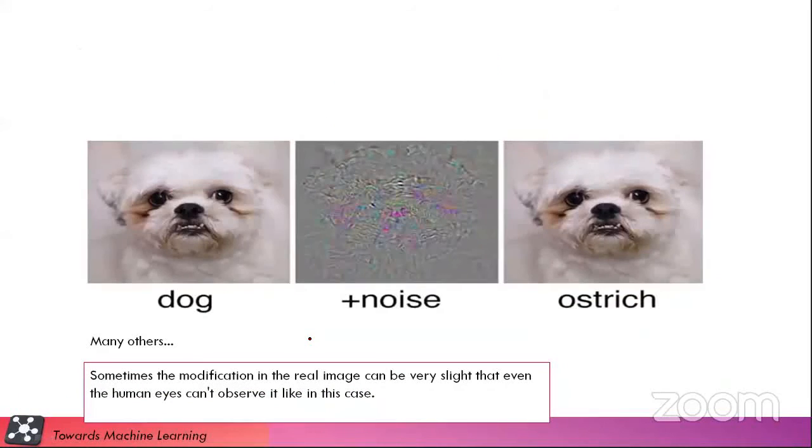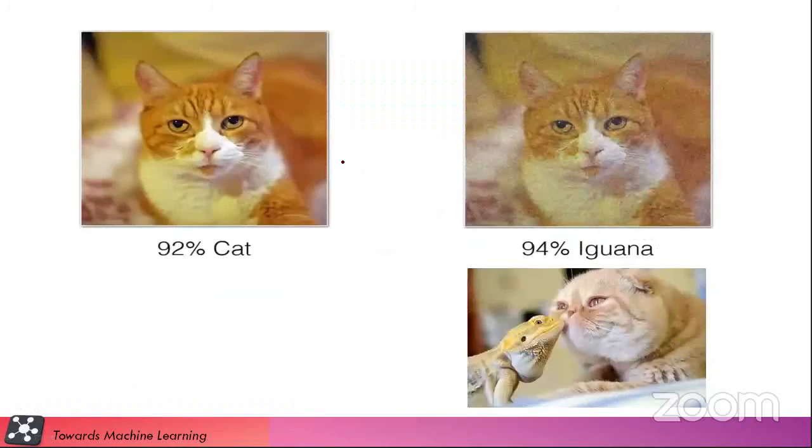And this is another adversarial example, in which a dog is classified as an ostrich. Sometimes the modification to a real image can be so slight that even a human can't observe it. In this case, you can see we added some noise to this cat image and it is distorted, and here you can figure it out with human eyes.